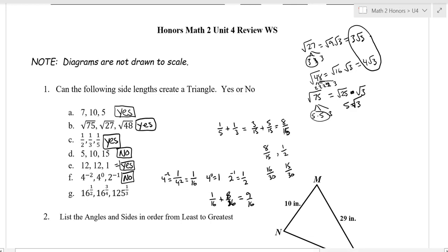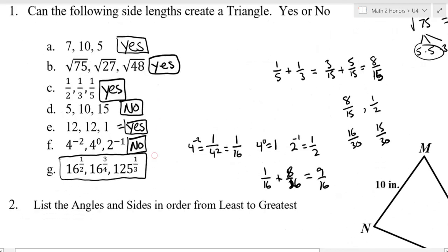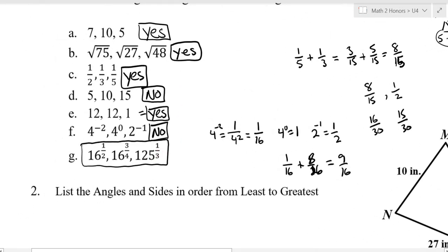And then part G, I'm going to allow you guys to skip G just because you need a little more instruction on how to do fractional exponents before you do that. If you want to listen in, I could show you real quick, but I'm okay if you don't do this one. So 16 to the 1/2